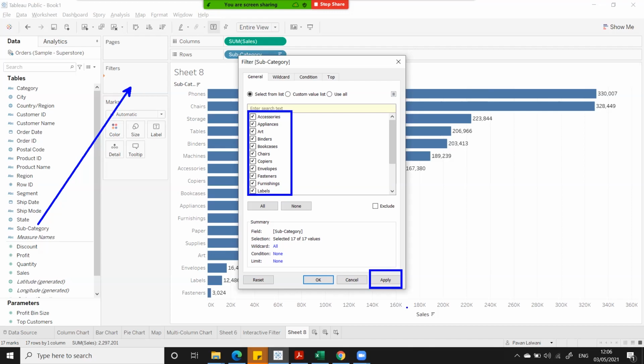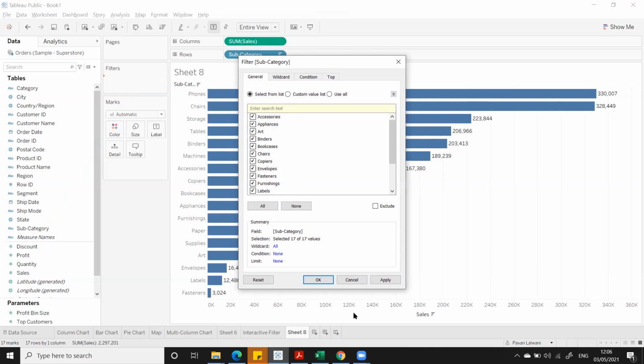You can see the changes at the back end. Then you can again come back, click on all, and then click on apply.